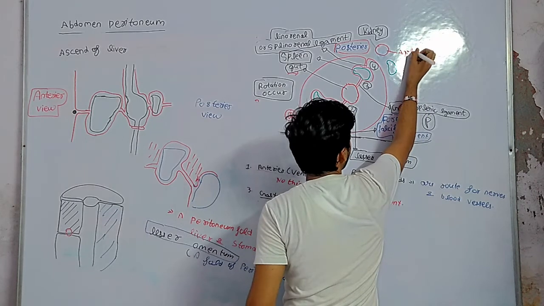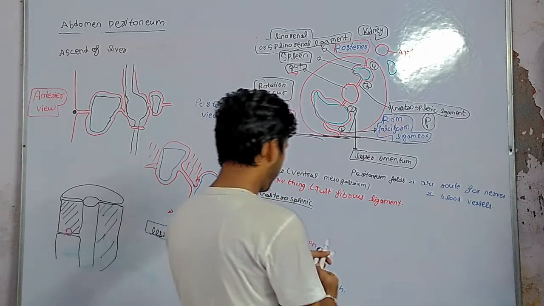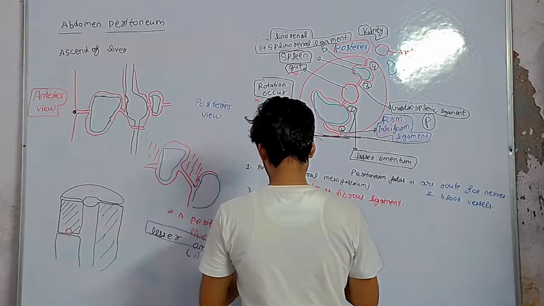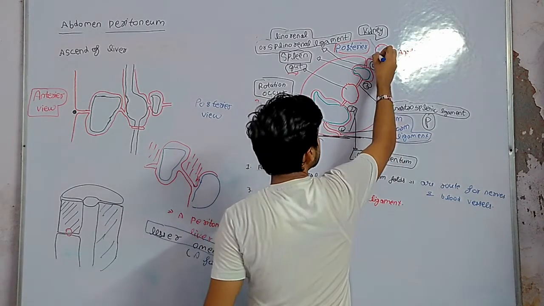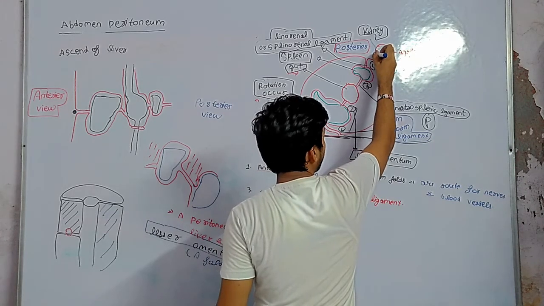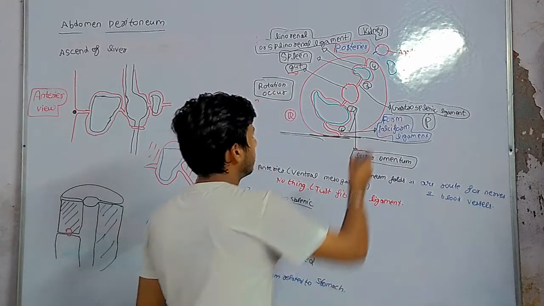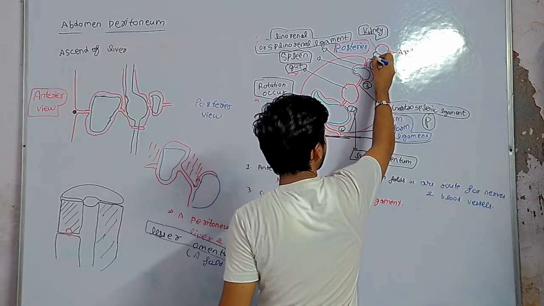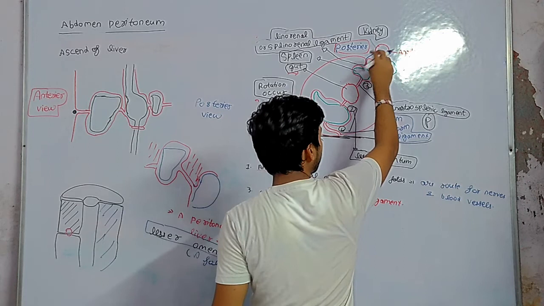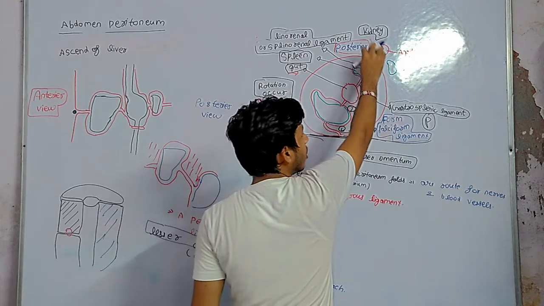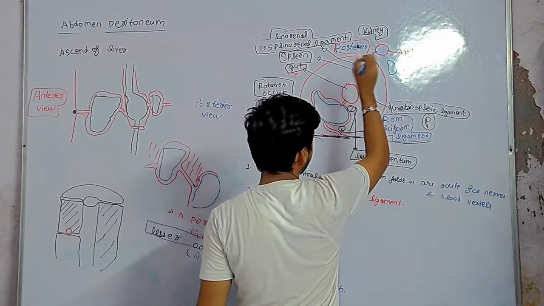Aorta gives one branch called the celiac trunk. Done. The celiac trunk has many branches. So first we draw, let's say, this is the splenic artery. Remember, one branch of the celiac trunk is called the splenic artery, which goes into this fold. This fold is called the splenorenal ligament, and it supplies the spleen. Done.